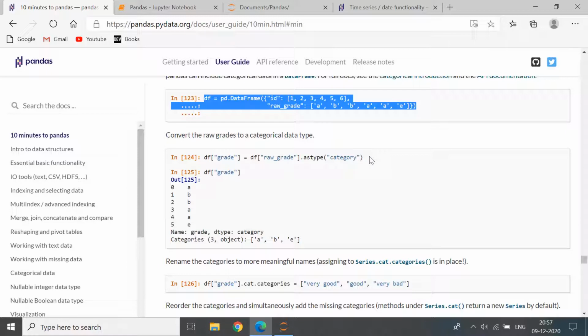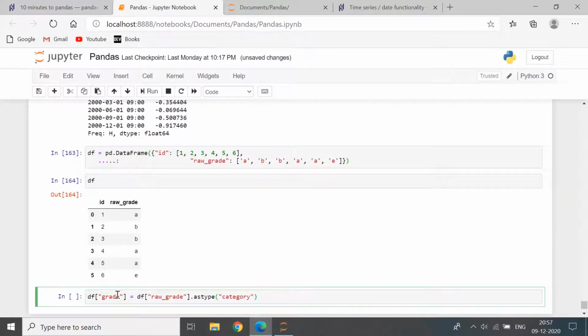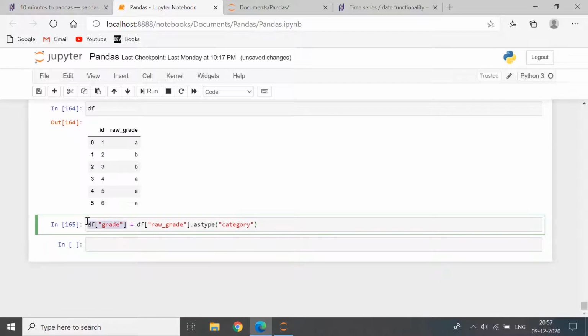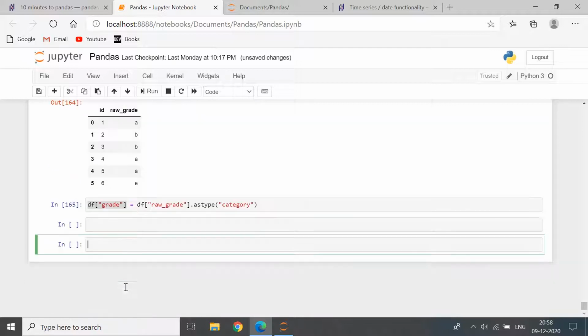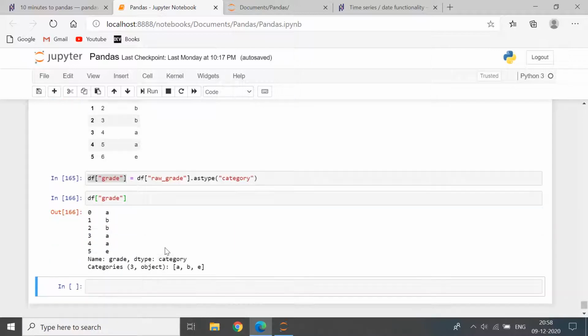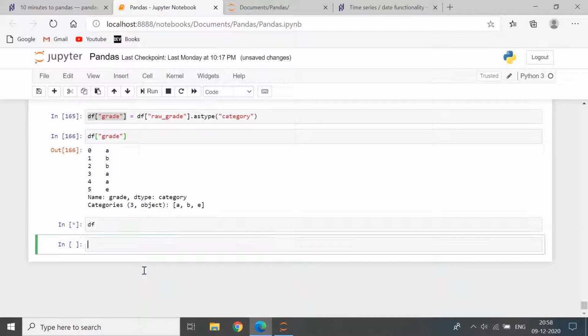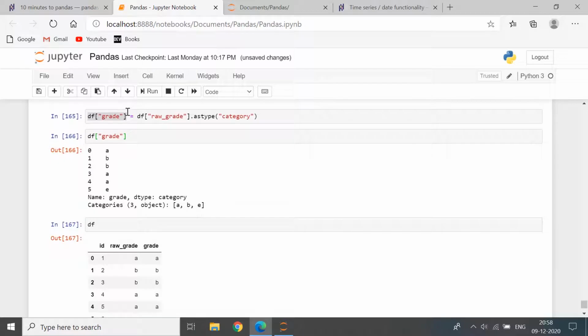Okay, so let's just do this, and now you have created a new data frame, a new column grade which has taken the values of raw grade. But if you just print out the entire data frame, yeah, so it just added a new column grade and it took all the values of raw grade